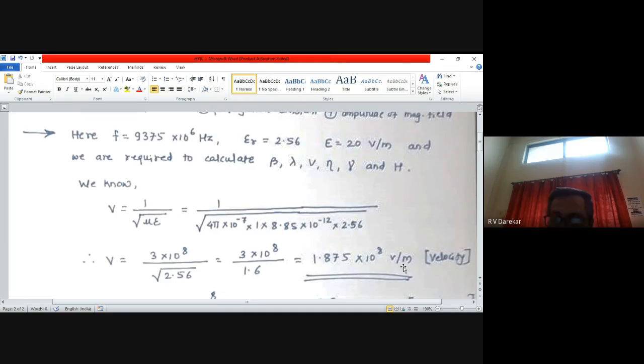Okay. So one more question. Now let us have one more question, because we are not required to solve a huge number of examples. We have to understand the behavior of electromagnetic wave. Now in front of you the answer is there. Now you have to tell me. Initially, the velocity of electromagnetic wave is 3 into 10 raised to 8. Now, it is 1.875 into 10 raised to 8. Why is the velocity of electromagnetic wave reduced? Anybody can tell me?